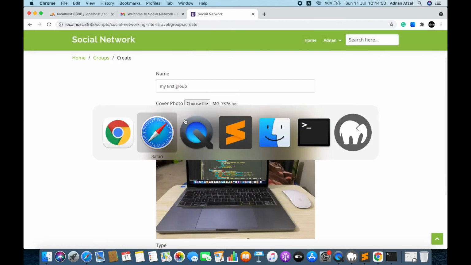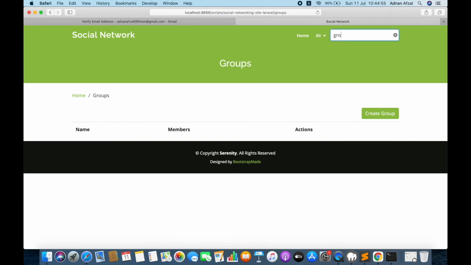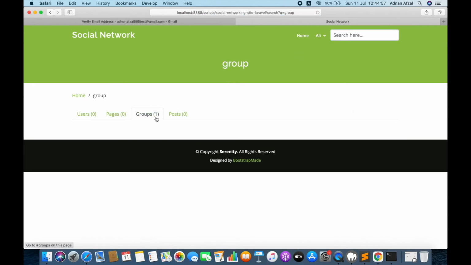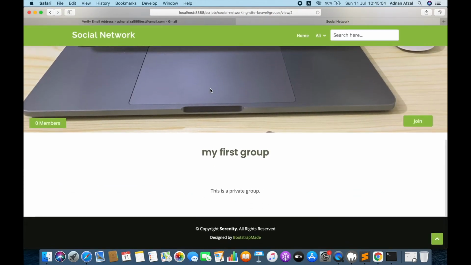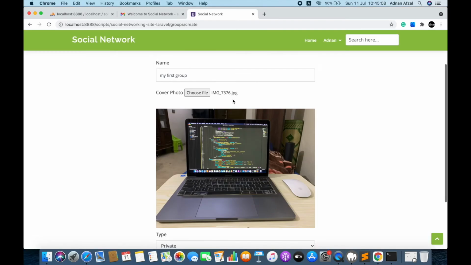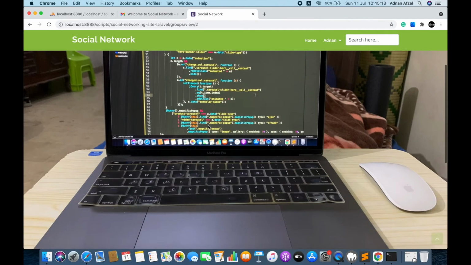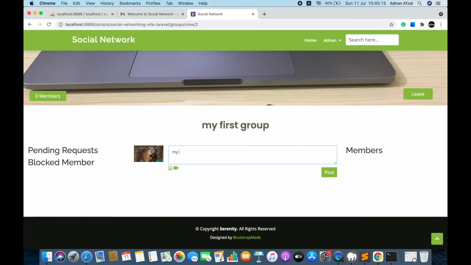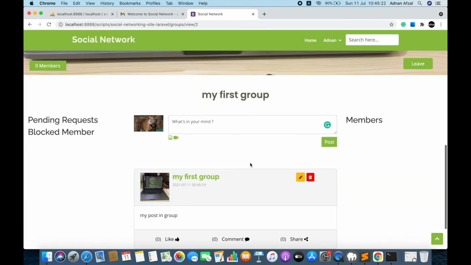Now I'm going to search that group within my other account. I cannot see the post because it is private. So as an owner, I can create a post in that group. And I can see it because I am the admin of this group.